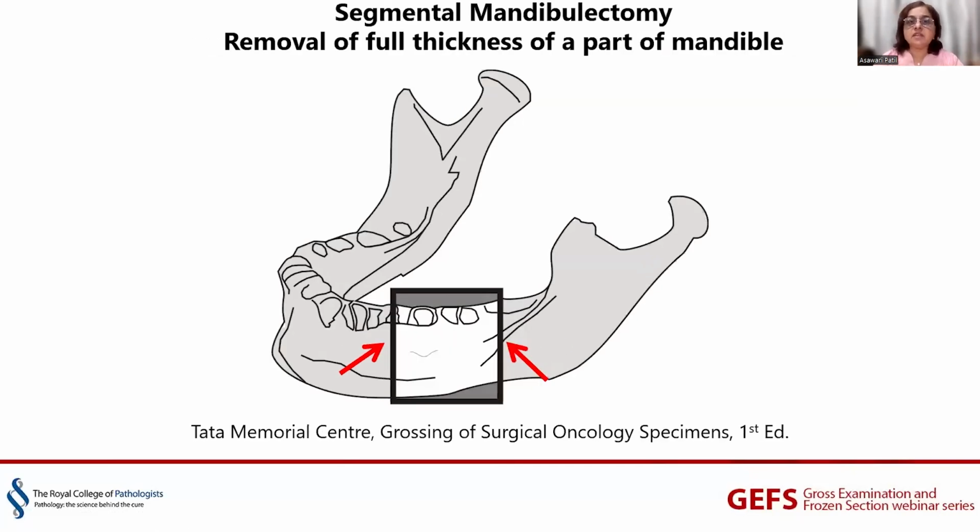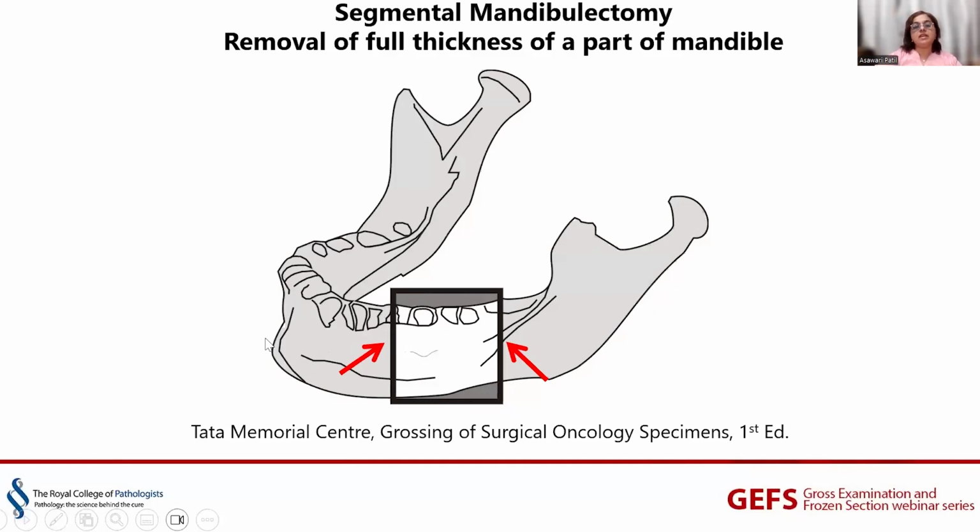Then there can be a segmental mandibulectomy, which is removal of full thickness of mandible. Now, segmental mandibulectomy can be any segment of the mandible. So it could be a portion of the mandible like this. It may be a posterior segmental mandibulectomy, which includes the entire portion of this mandible, including this posterior part, and not going